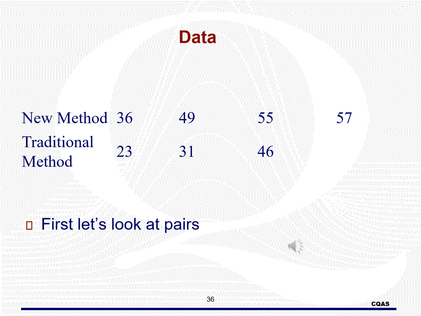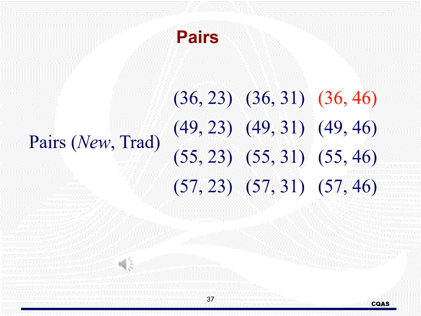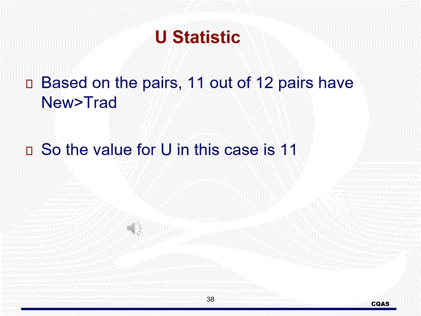Here is the data. Since the new method comes first in the hypotheses, we will use it as x for this problem. Now we first need to look at each of the x, y pairs. Here are each of the x, y pairs. You should be able to see from this the number of pairs where x is greater than y. Based on the pairs, 11 out of 12 yield